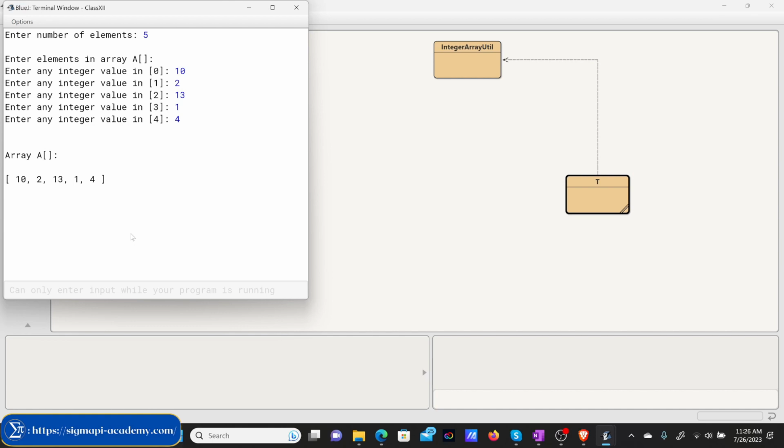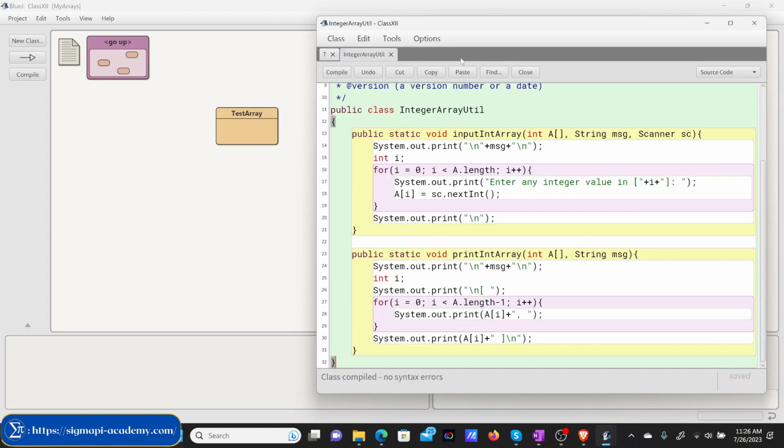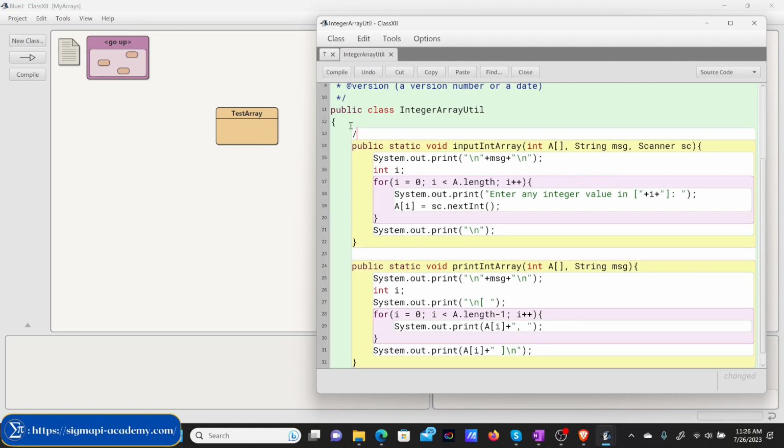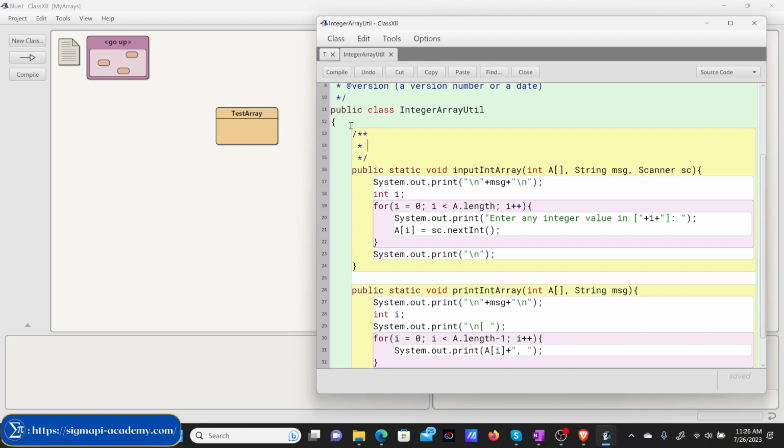So this is how you can write your code, print the array elements, and input the array elements. This is the code for input, and this is the code for output. So you can write a document comment here. You have written everything in one